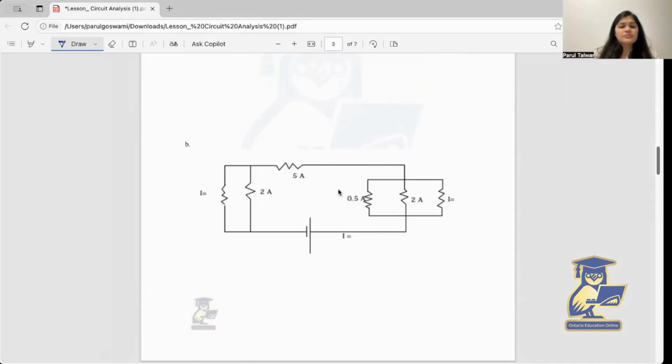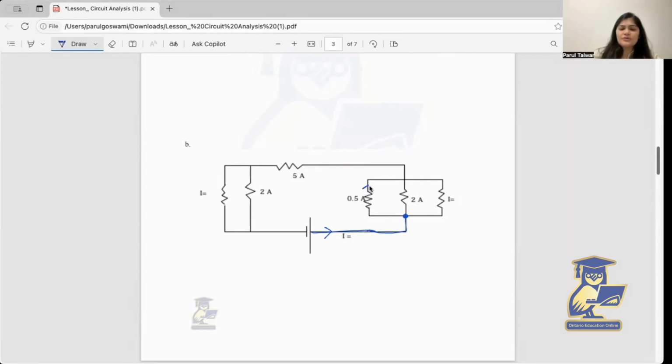So in this example, you can see we have to again determine the direction of the current in each of the branches, and then we have to calculate the unknown currents. So here you can see the main battery. The current will start from the positive end of the battery. I will always make sure that the current starts from the positive end of the battery, as this is the convention direction for the current. Now as the current is moving to the right side here, it will go up the wire, and here it will reach the junction. So this current I will be distributed into three multiple pathways.